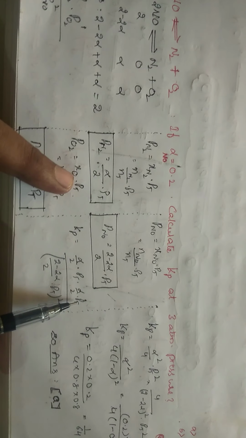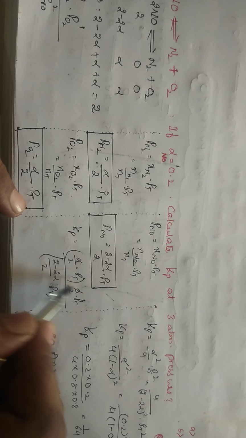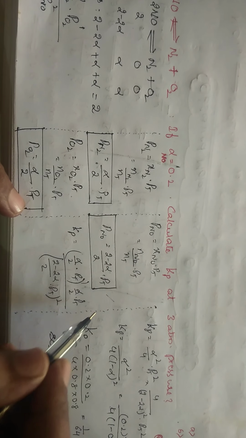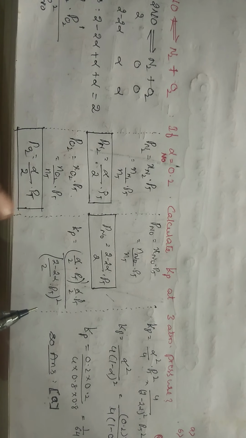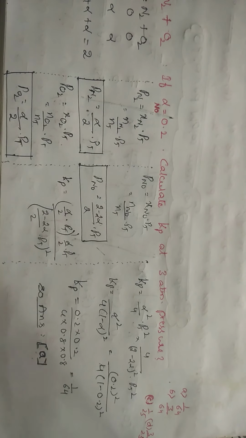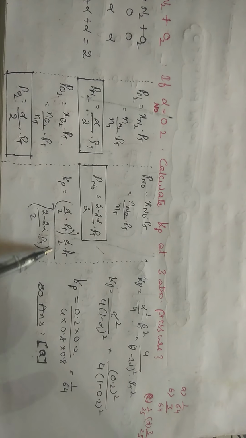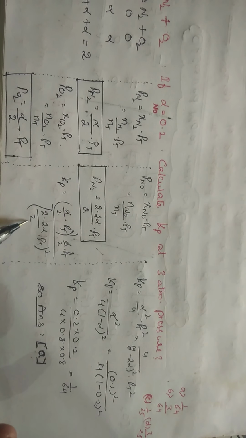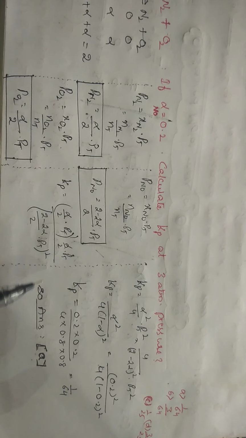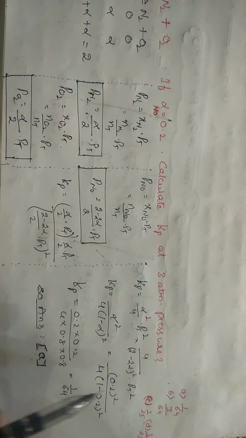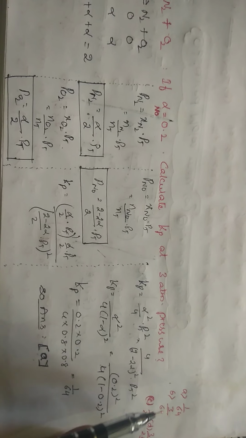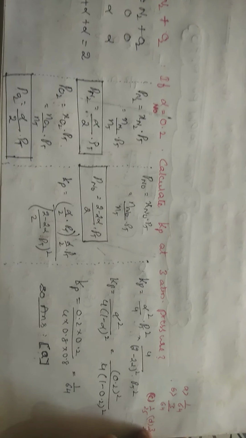This value is whole power 1, multiplied by alpha by 2 into PT whole power 1, by 2 minus 2 alpha by 2 into PT whole power square. So alpha by 2 into PT, you have 2 times this, right? So alpha square by 4, PT square it will become, and the denominator 4 goes into the numerator, and 2 minus 2 alpha into PT whole square it becomes. On solving, finally you will get the answer as 1 by 64. Option is A. If you are able to do this, you are very good at solving problems regarding equilibrium. Let us take one more example, students.